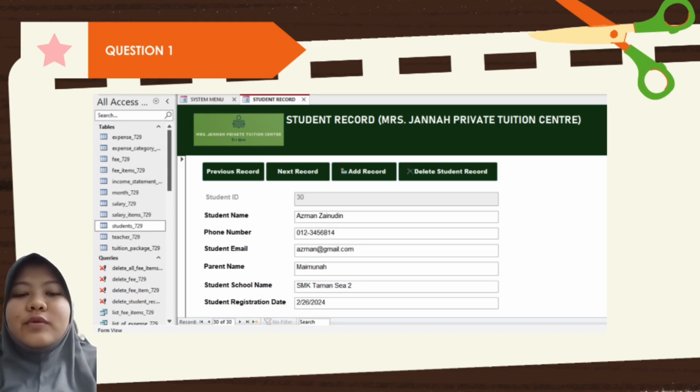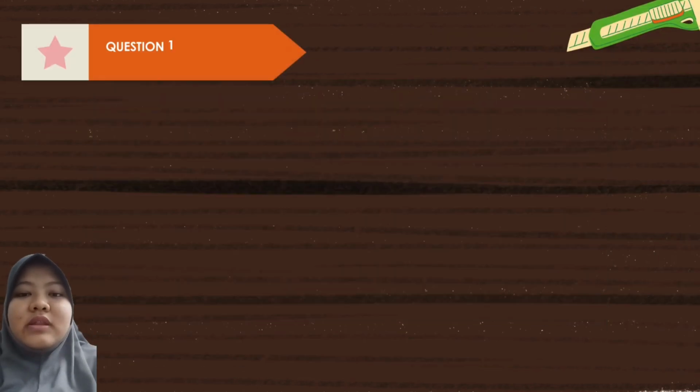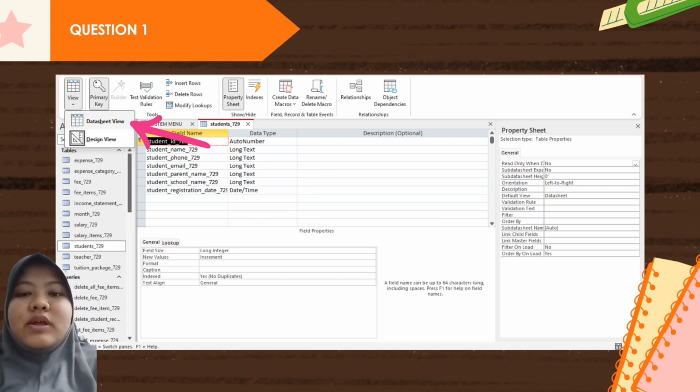Puan Jannah needs to create a form to record all the student data. First, click Student Data Table and name the fields as follows in Design View. Then, we can click Datasheet View to populate the data in the created Student Data Table. The resulting form for recording and retrieving data is shown, where we can use the previous navigation button to see the previous student record, the new button to add a new record, and the delete button to delete the student